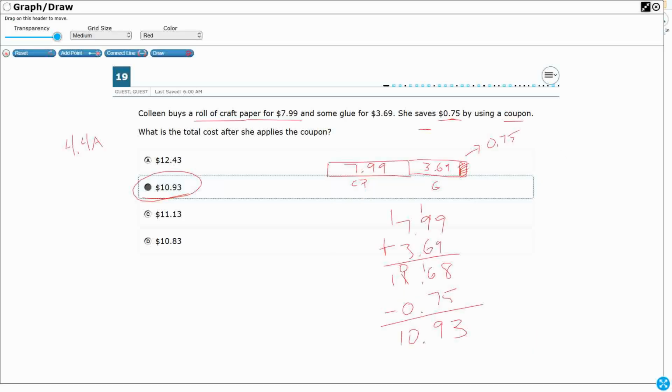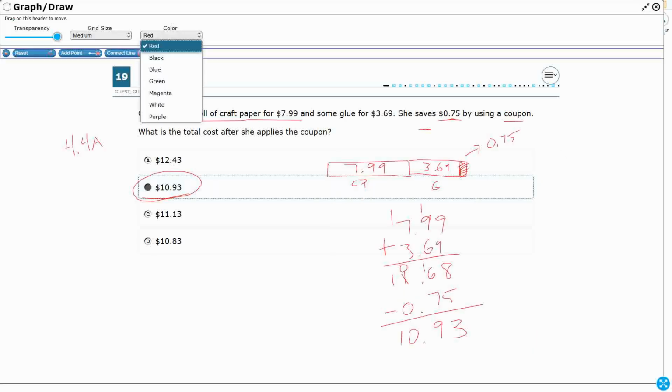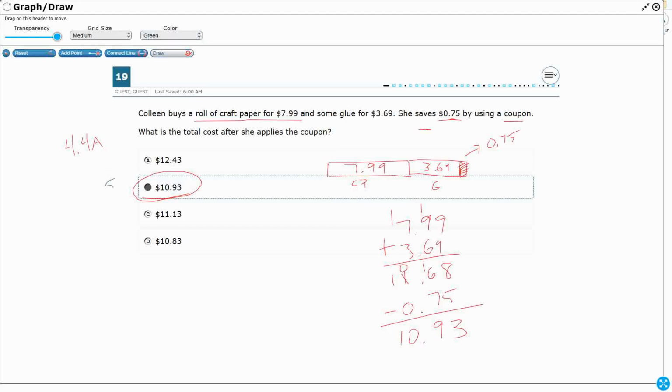Now, there were quite a few steps. So let's see how we did across the state of Texas. We had 55% of our students get this correct. So that's actually not horrible. Not as bad as I thought it would be. We had 22% choose A. And you can probably guess how we got A. We just added $7.99,